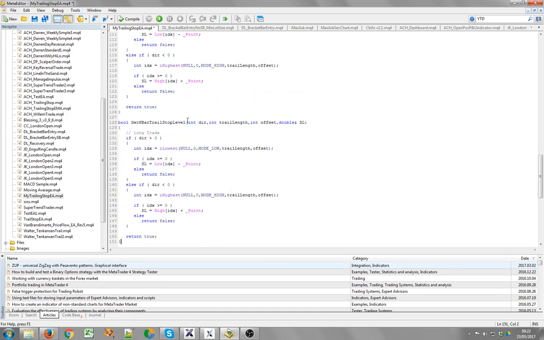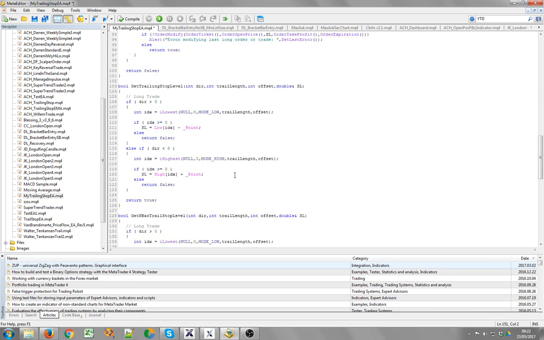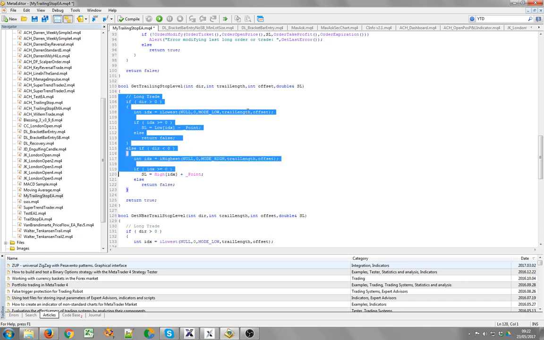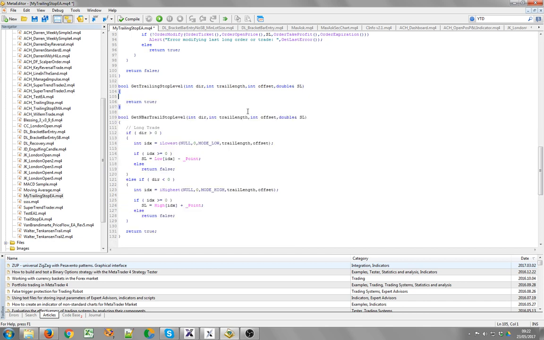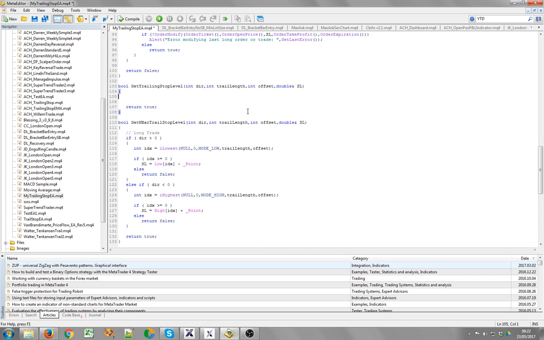Okay, so get N-bar trail level now has all that information, which means that this bit here is now going to be the bit where we decide which of our trailing methods we're going to use, and we're going to introduce you to a new programming concept, something called the switch, which, as you might guess, is something which switches between various options. Okay, and it goes something like this: